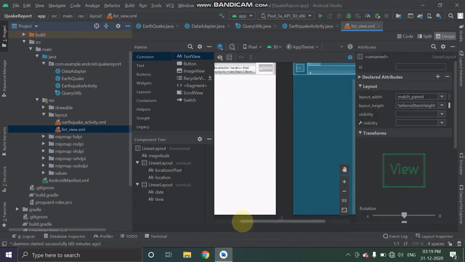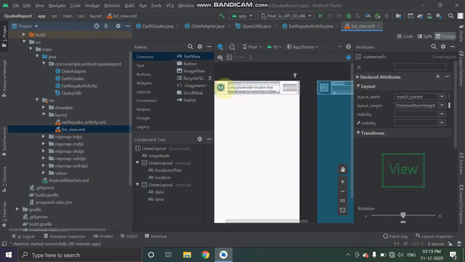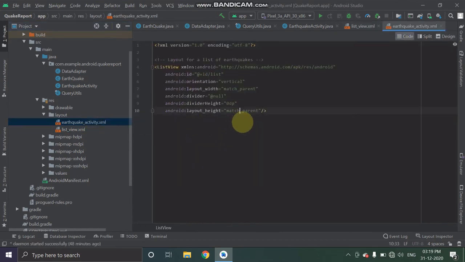So it will look like this. I will run the project after that to confirm. And this is the basic list view implementation. I will run the project now.